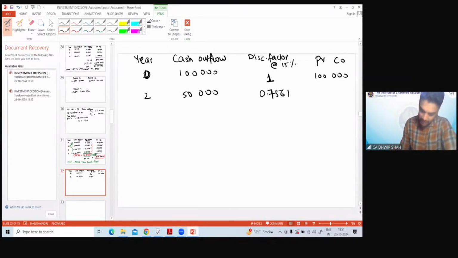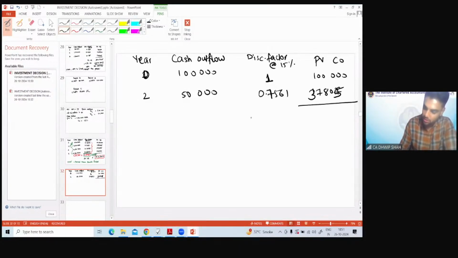We need to take the discounting factor for year 2 because this cash outflow is happening at the end of year 2 and not at the end of year 1. So my present value comes to 50,000 into 0.7561, 37,805. So my total PVCO comes to